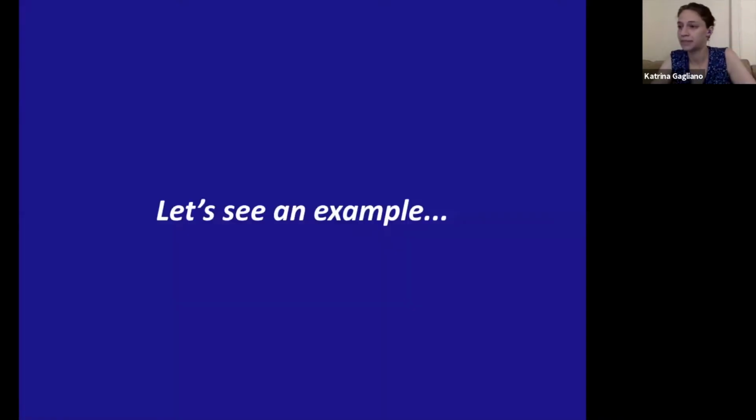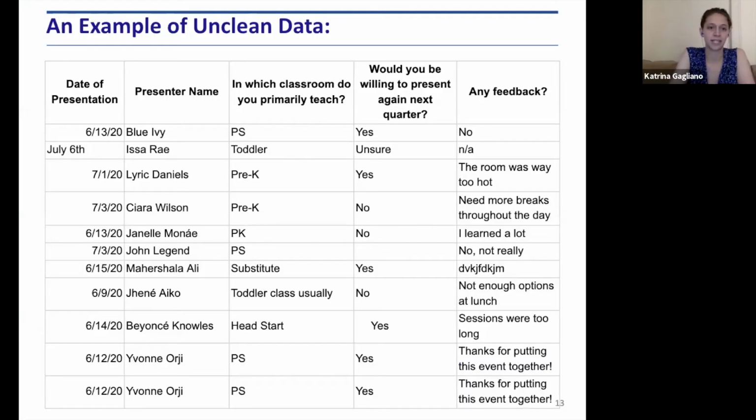Okay, so we're going to go into an example now. We have this fake data set. If anybody is a fan of R&B or hip hop music or the show Insecure, you will notice the names out here. But there are a bunch of errors in here. This is an example of an unclean data set. This would be